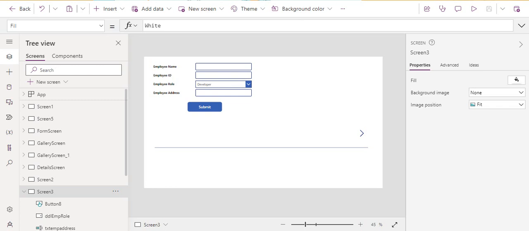Hey guys, welcome to my channel Coding Tricks, and in this session we will discuss what is the Power Apps collection and its syntax, and also we will see how to use Clear and ClearCollect function in the Power Apps, and how to create a collection on button click and display collection items in the Power Apps gallery